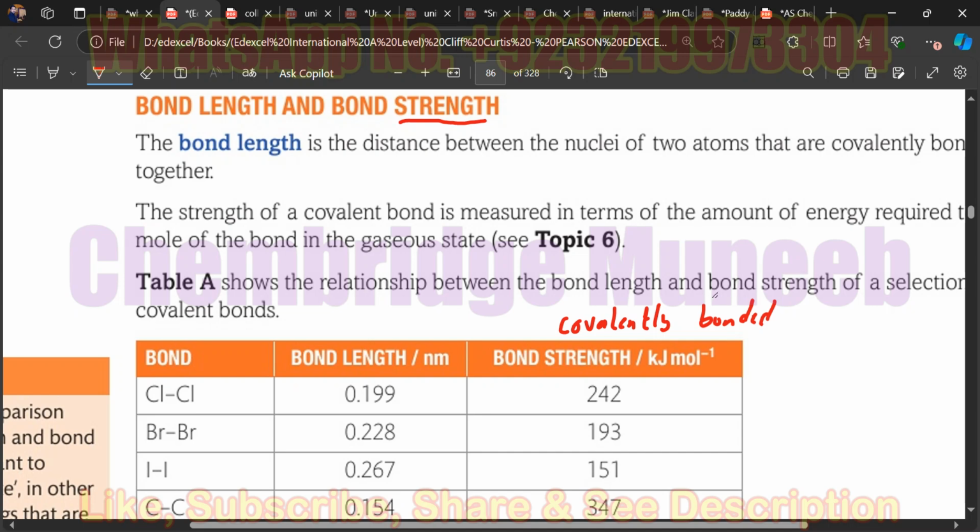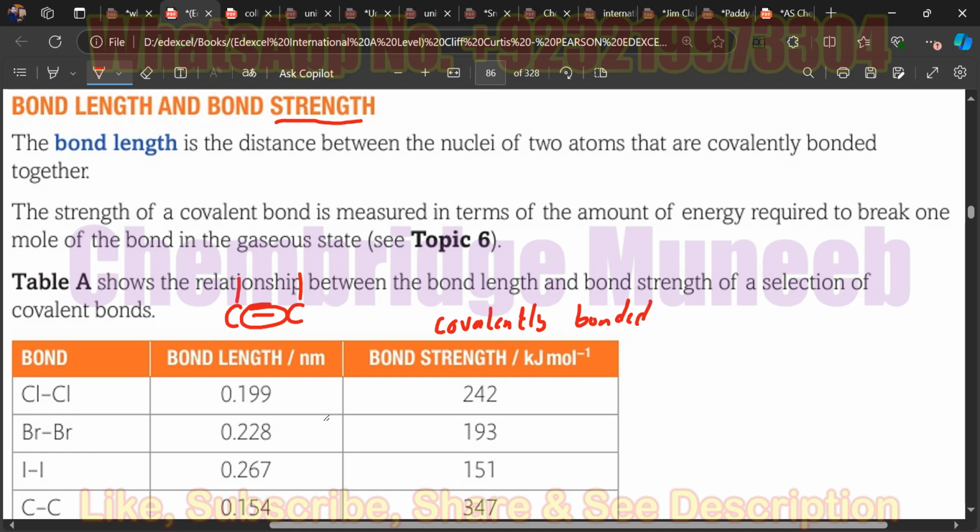The strength of the bond when two atoms are covalently bonded, and the bond length is the distance between the two atoms when they are bonded with each other. The distance from one atom to the other atom, that is the distance. So this whole space or distance from one atom to the other is the bond length. So don't confuse it with the covalent radius. Covalent radius is only when the atoms are same and they are just two atoms. They should be diatomic only,